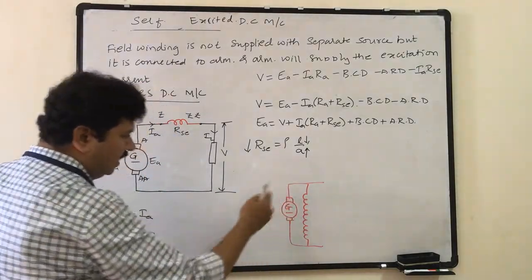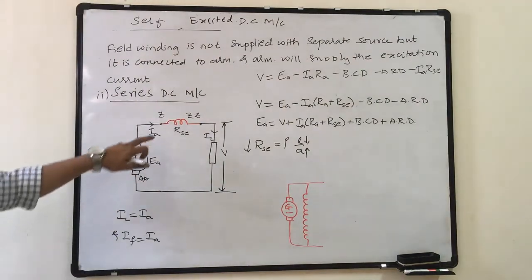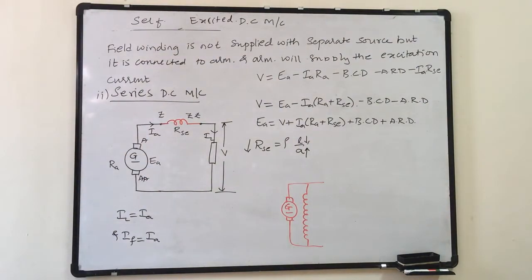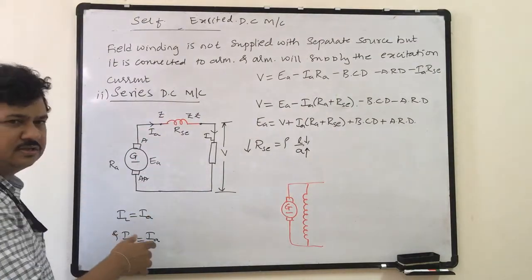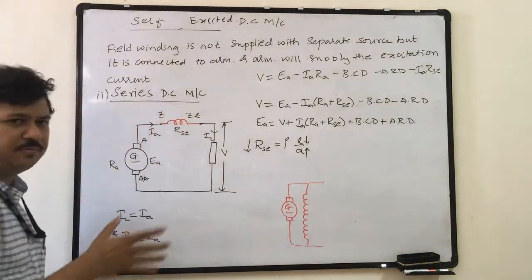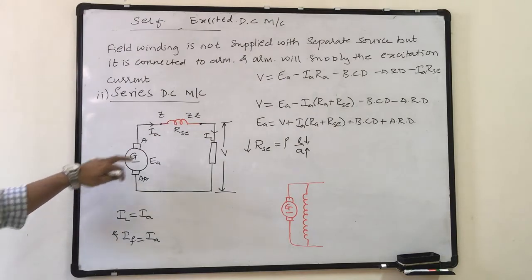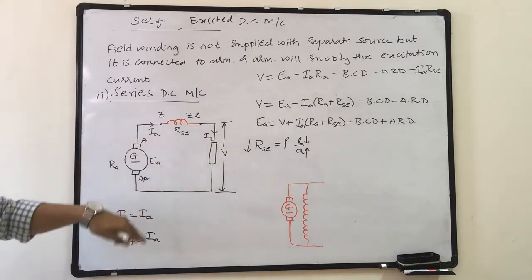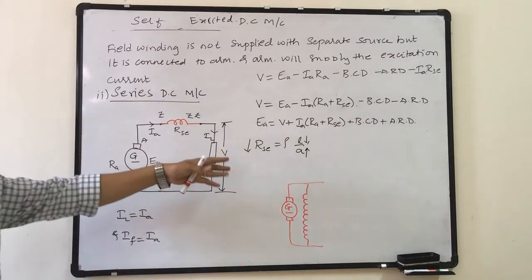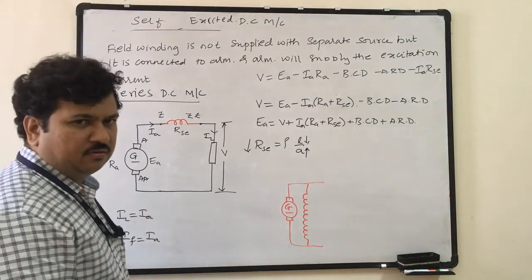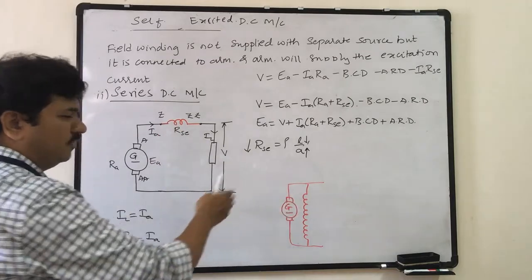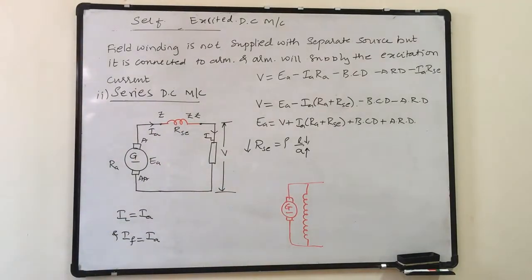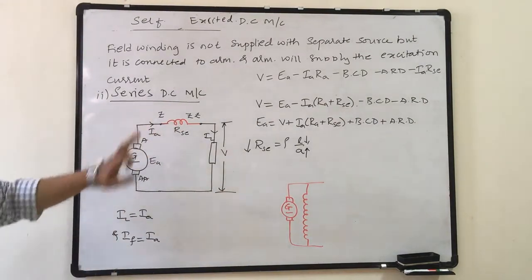Okay, so you can observe the difference now. Here the number of turns are more and the number of turns are less, because I want to keep my resistance less. Now if I keep resistance large, if I use the same winding here, what will happen? 220 volts, 220 ohms, all the voltage will drop here only. My load will not get any voltage. Even if I choose the resistance of series field half of the shunt field, then also half of the voltage will drop here only.